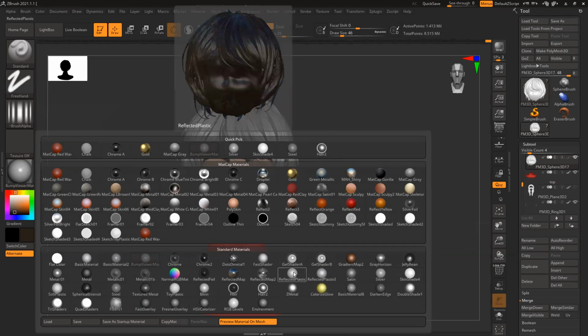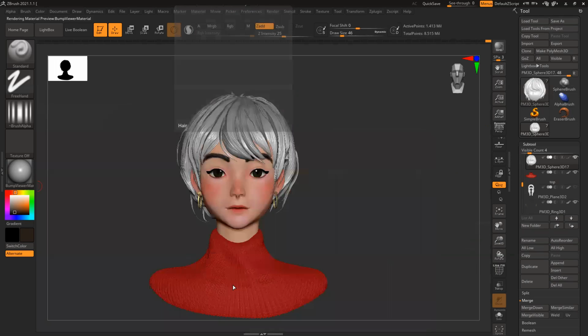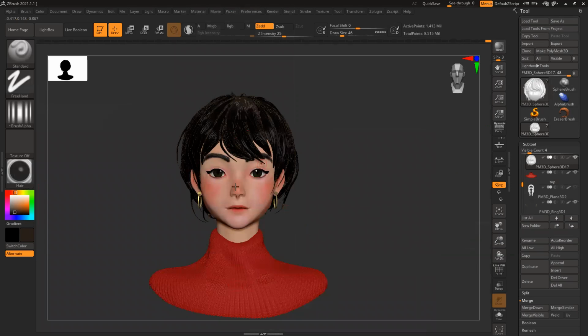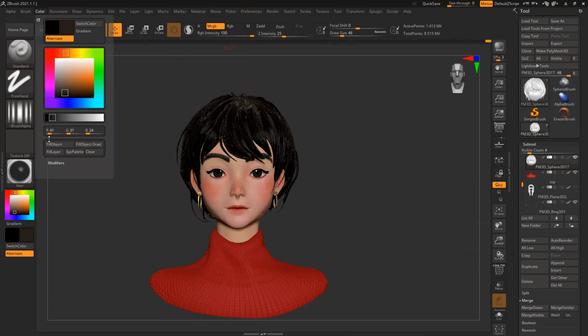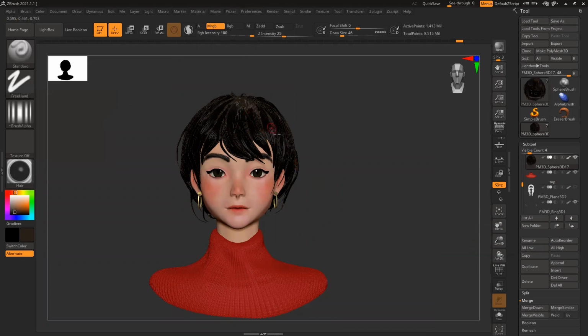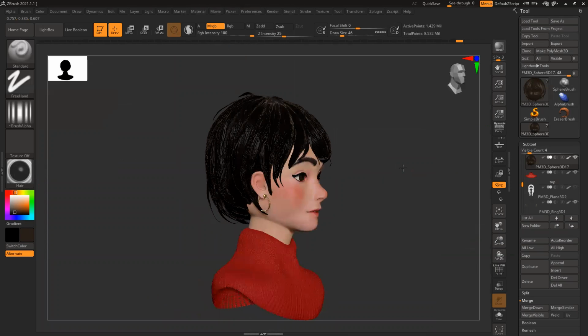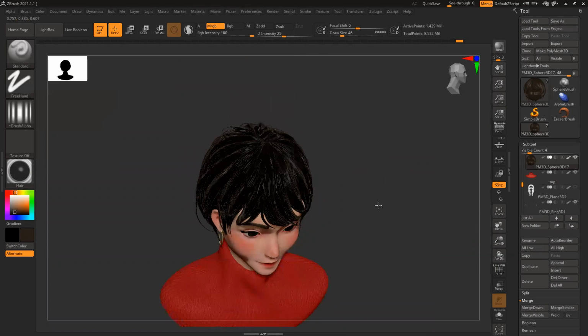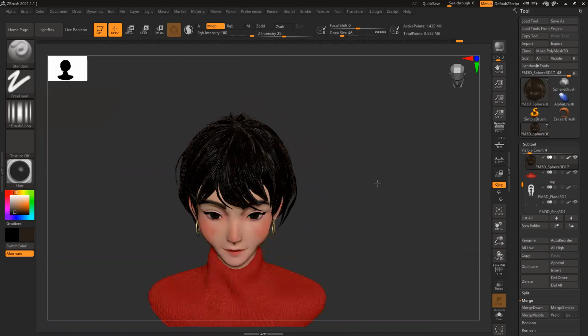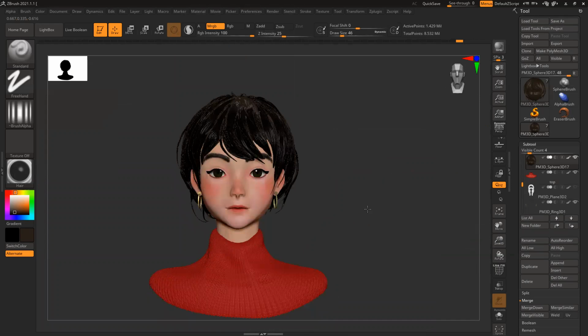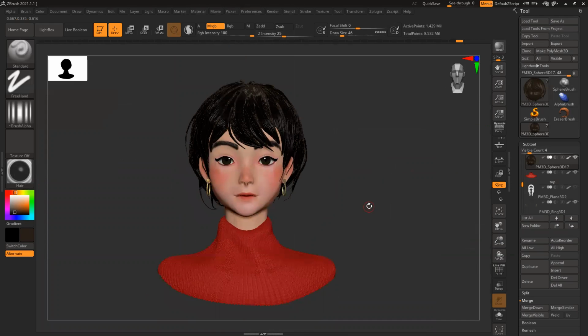I can make it glossy, less glossy, reflective, or something like this. If I want, I can definitely do it. MRGB. It will become more dark. You have nice reflection.